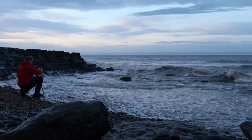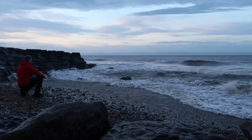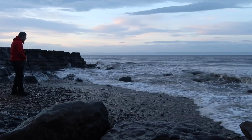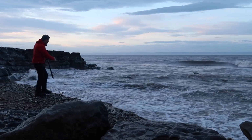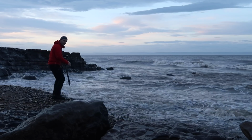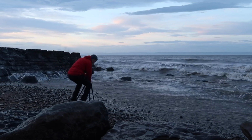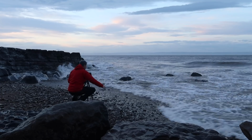Oh, that'd have been a good one if I was ready for that. Refocusing, manual focus, just using the back button focus there. Right then, I'm going to try and be a bit more brave, because looking at the picture, I really like the water's edge pointing that way. But I'm not quite close enough to it. So yeah, this is the better composition. Just trying to get...